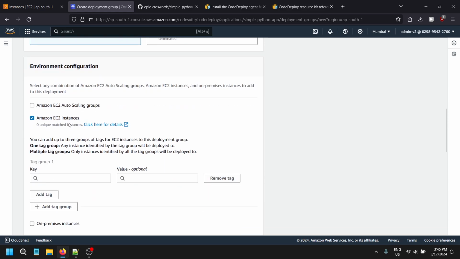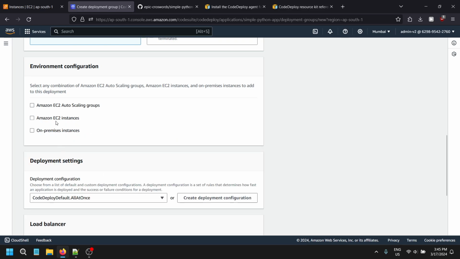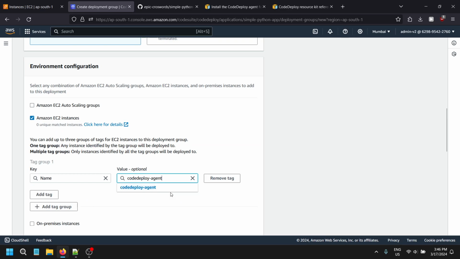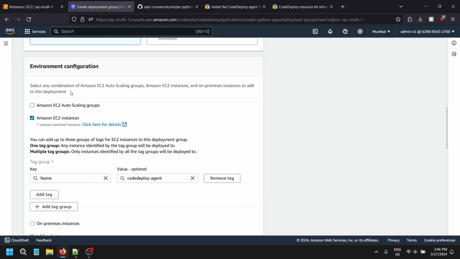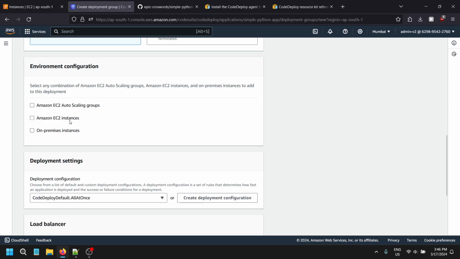So let's select the EC2 instances because our end machine is an EC2 instance. So let's name it AWS code agent. If the tag is not there, it automatically shows zero unique identified instances. If we select the correct tag and the correct EC2 instances, just like here we have selected the name key and the code agent, it will automatically show the unique matched instance. So